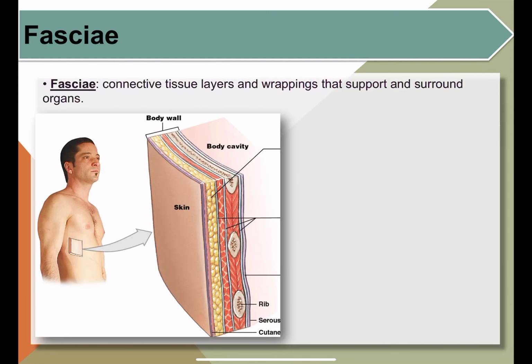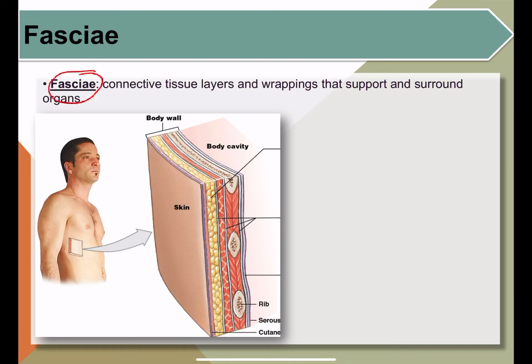Now, before we go into the other main types of connective tissue, there's a special kind of connective tissue called fascia. So fascia are kind of like saran wrap, okay? So don't confuse serous membrane with fascia. Remember, serous membrane are like Ziploc bags, okay? Whereas fascia are the saran wraps, okay? They don't have that double membrane or fluid in between the double membrane, okay? Fascia are just layers that go around organs as a means of support or separating or attachment of different layers of